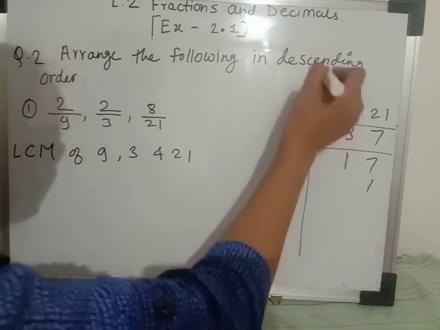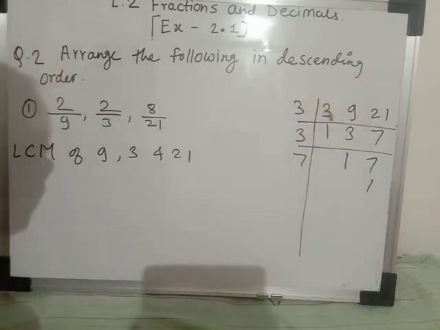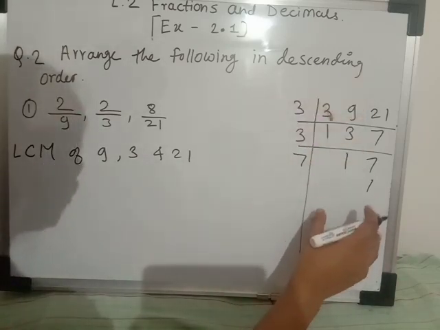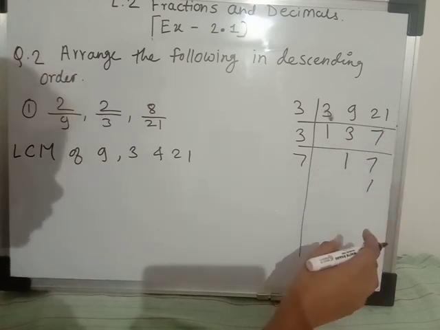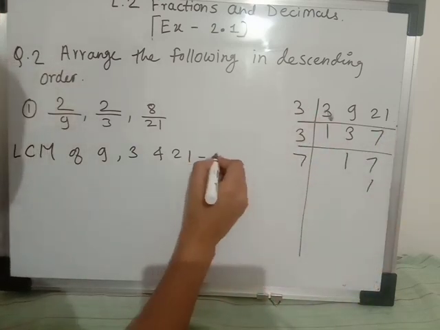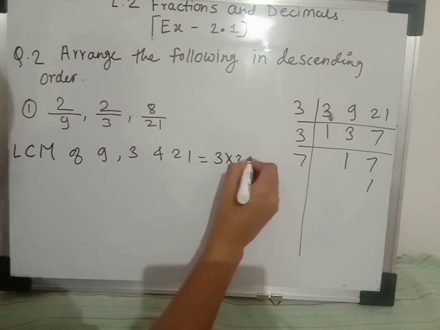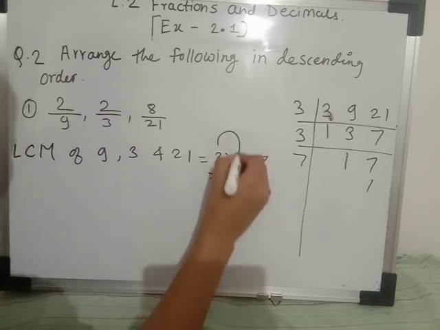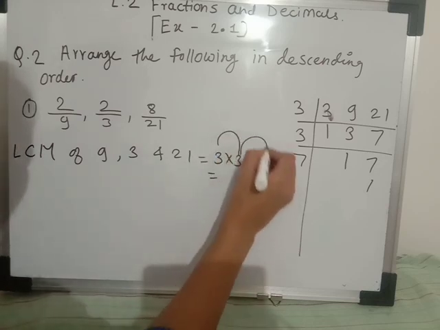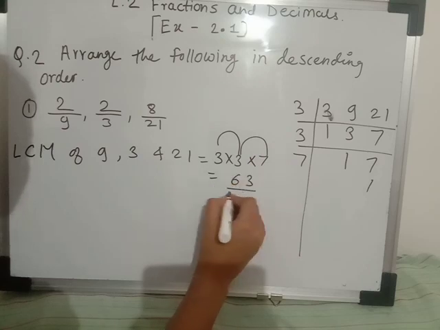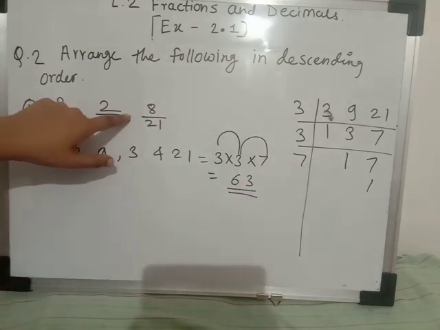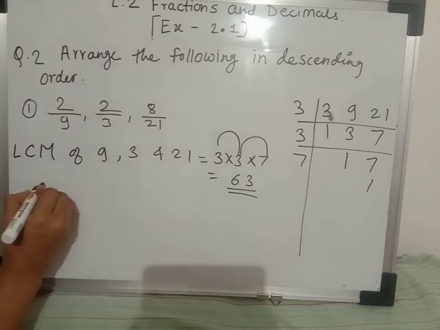7 ones are 7. LCM हमें कब तक निकालना है, जब तक हमारा जो quotient 1 नहीं आ जाता. Okay, so here we got the numbers 3 multiplied by 3 multiplied by 7. So here 3 threes are 9, 9 sevens are 63. जो भी हमारा डिनोमिनेटर होगा वो क्या होगा, 63 होगा. So here first fraction is 2/9.